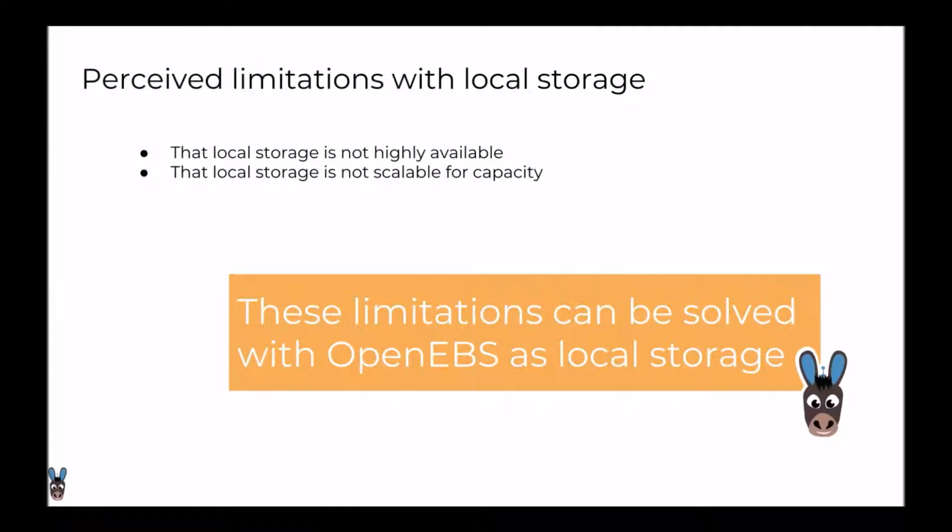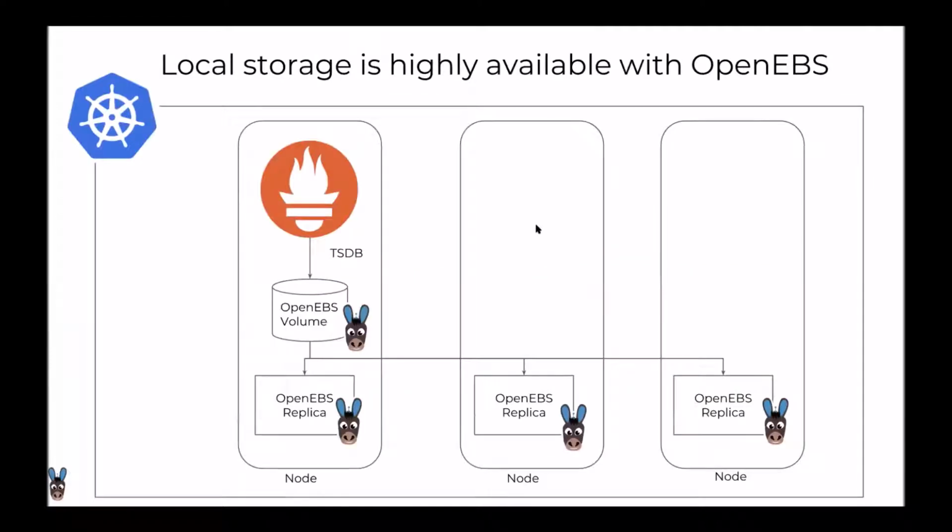If you use OpenEBS as local storage, you won't have a highly available issue. The data is always highly available, no corruption whatsoever. And with OpenEBS, storage can be added dynamically on the fly, right? So let's look at how the highly available OpenEBS storage functions, right? So typically, OpenEBS is deployed